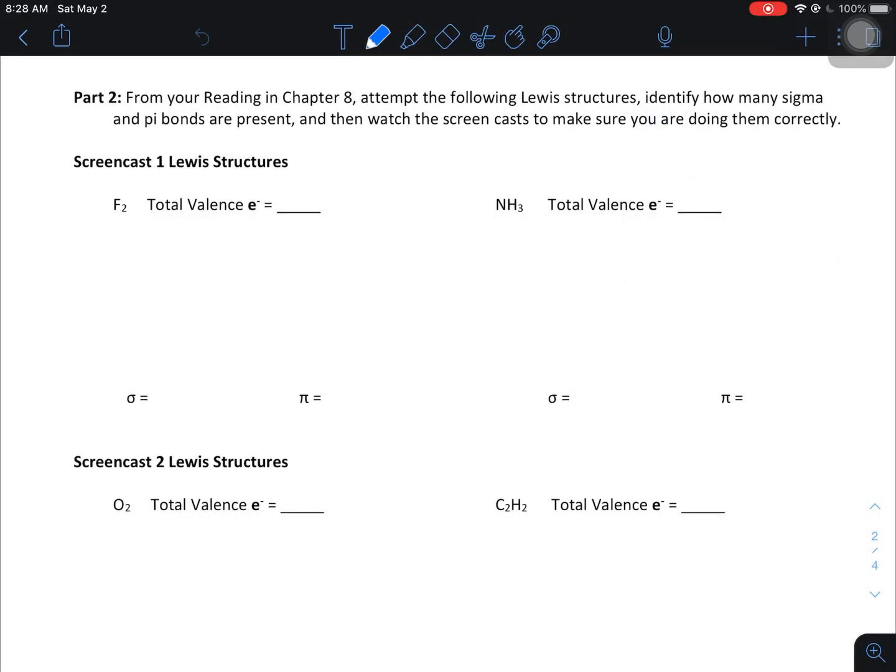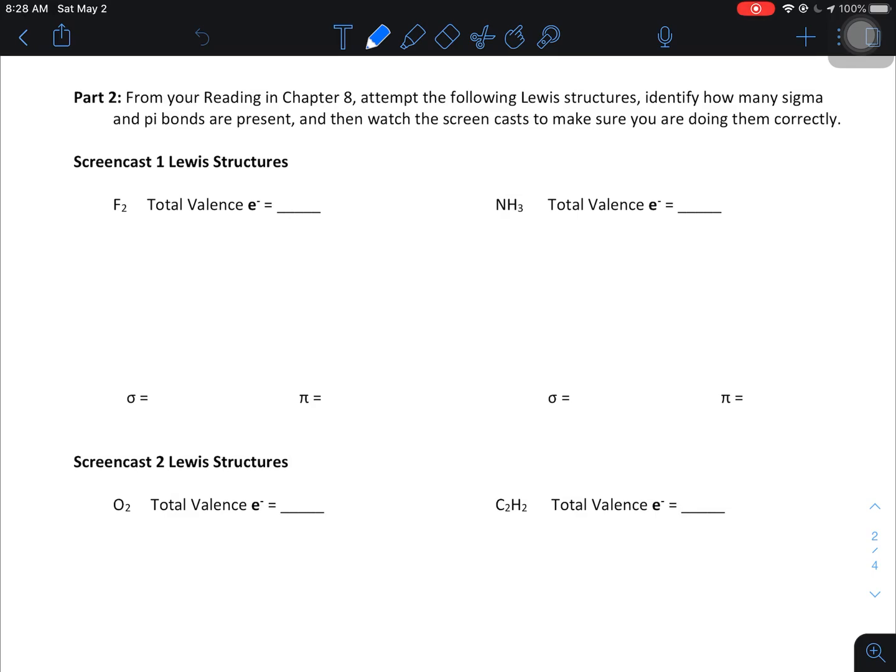Hello and welcome to our screencast on Lewis structures. In this first screencast, we are going to take a look at structures that involve following the regular octet or duet rule. We are going to start with diatomic fluorine gas, and the first thing we would want to do